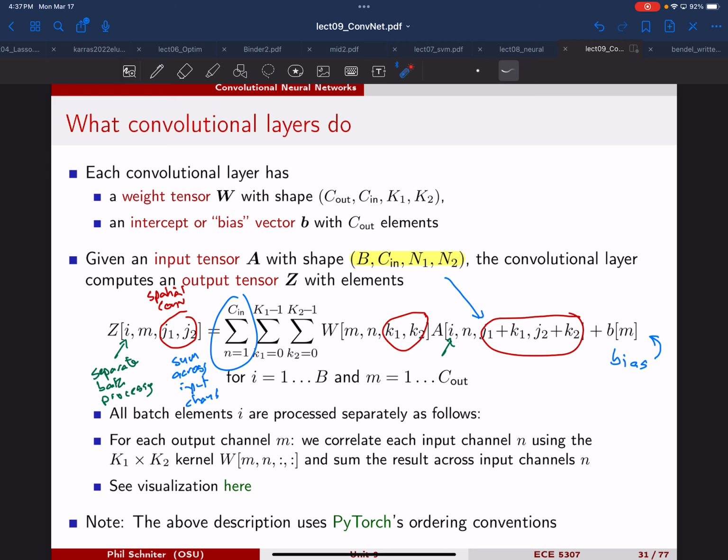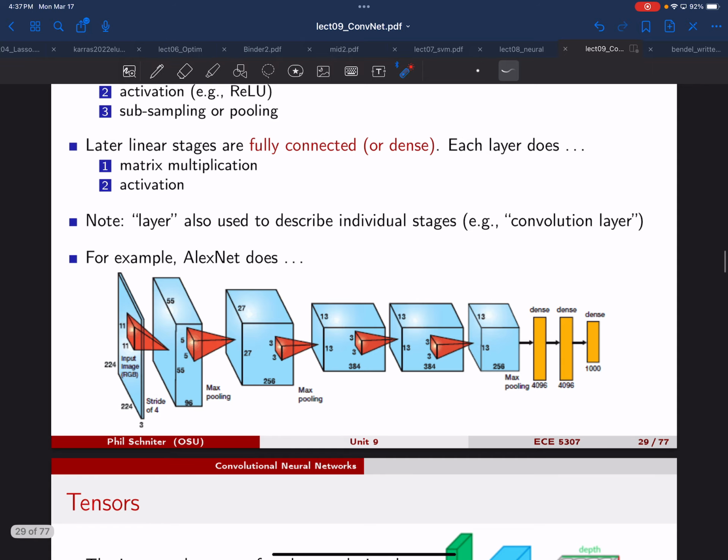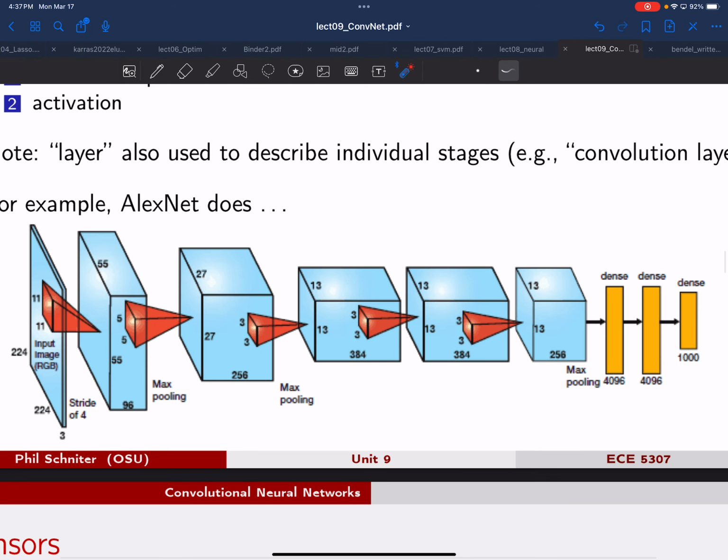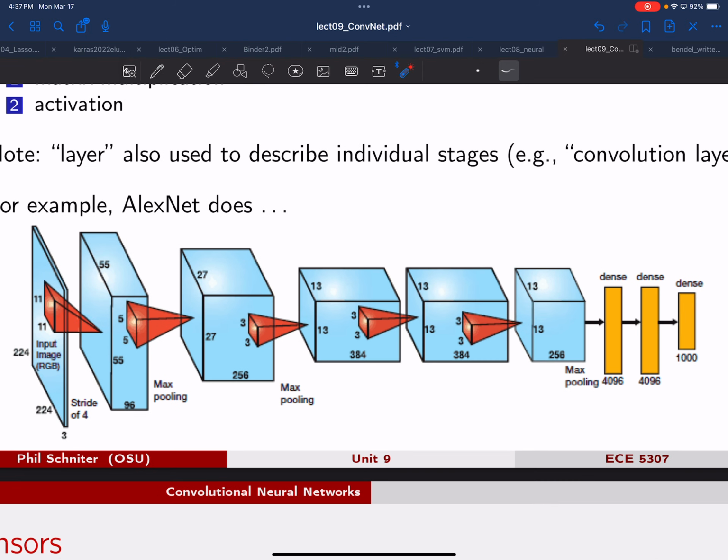But how do you decide on the output channel over all of the dimensions? Oh, that's a great question. Yeah, how do we decide that? There is no correct answer. People do this with a combination of intuition and trial and error. On one hand, there's no equations that will tell you what are the optimal set of channel sizes. So some of the intuitions that we have is that